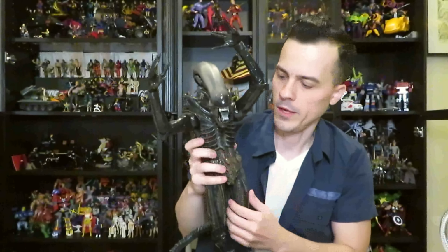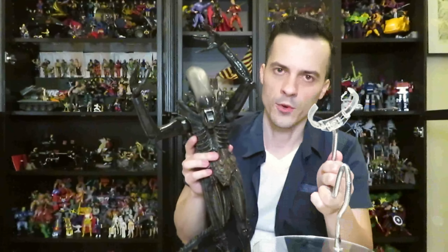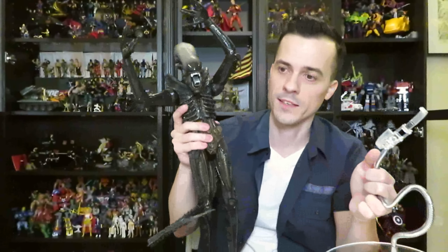Like I said, for those of us who are collecting these, if you're doing NECA quarter scale, but also if you're doing the Alien, you're already making a huge investment, and there are certain things that you don't cheap out on, and this is one of them. If you're gonna throw down $200 to $300 for a work of art like this, then $38 for a stand, even if it's $45, if this protects it from ever breaking or falling, you have to